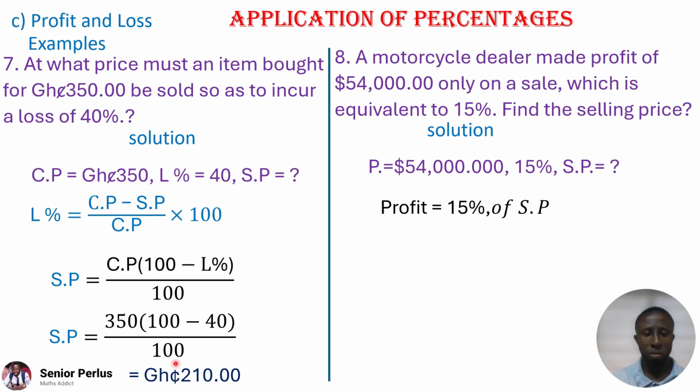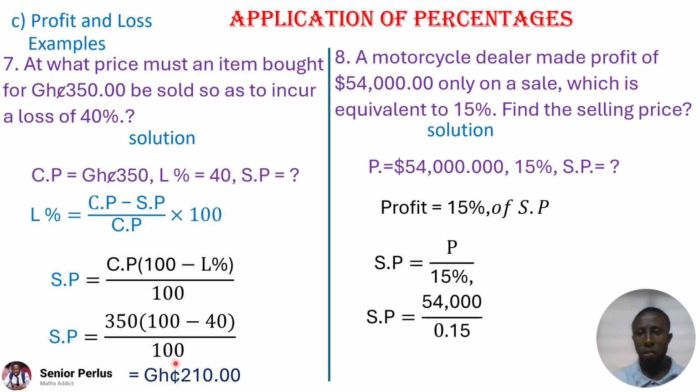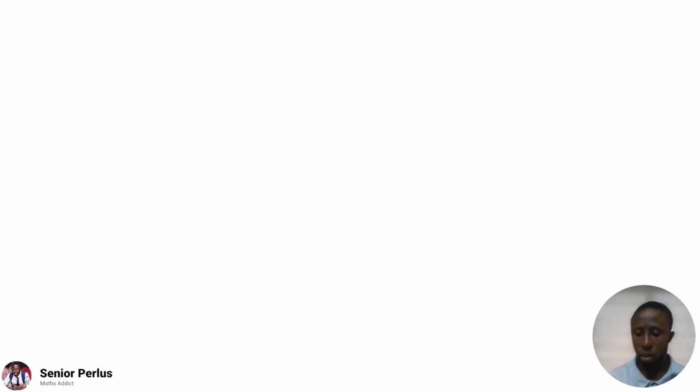Very simple. So profit is a percentage of sales. Then make the sales the subject, because now you know the profit, which is this. So you get 360,000 Ghana cedi as the selling price of the car. That's a car, and it's really a nice question. So that's for that question, and that'll be the end of profit and loss. The next application